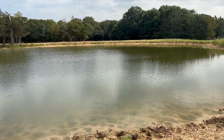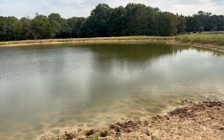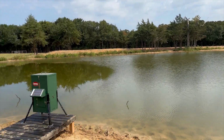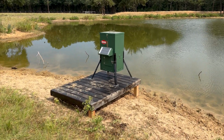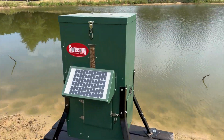We've made a lot of fish habitats. We'll show you a little bit later in this video that we're gonna take a flat bottom boat and we're gonna drop them in various spots out there, so the baby fish will have places to hide where the big fish can't get them and everything. So first step, we purchased a Sweeney